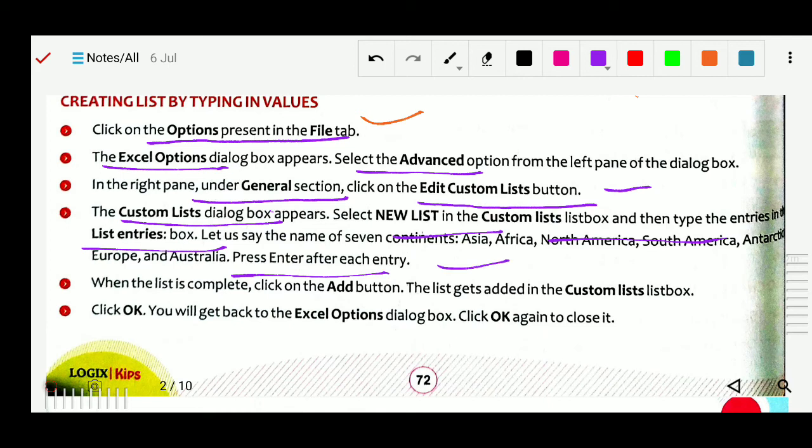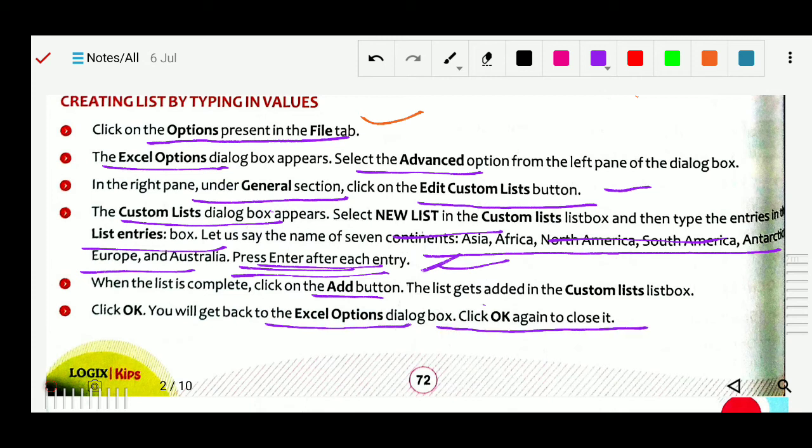Press enter after each entry. Suppose we have entered these 7 continent names, and after every entry we press enter. When the list is complete, click on the Add button. The list gets added. In the custom list box, click OK. You will get back to Excel Options, click OK and close it.